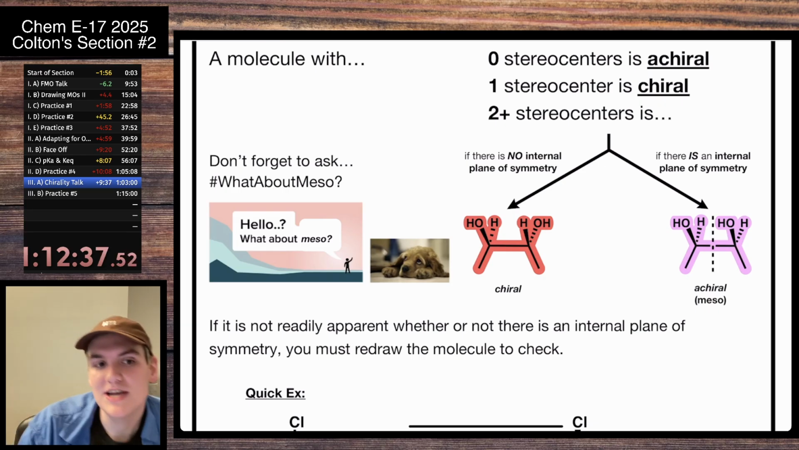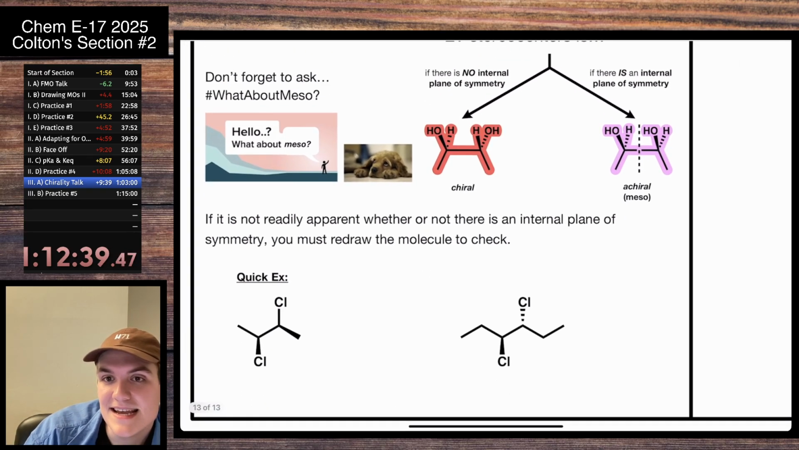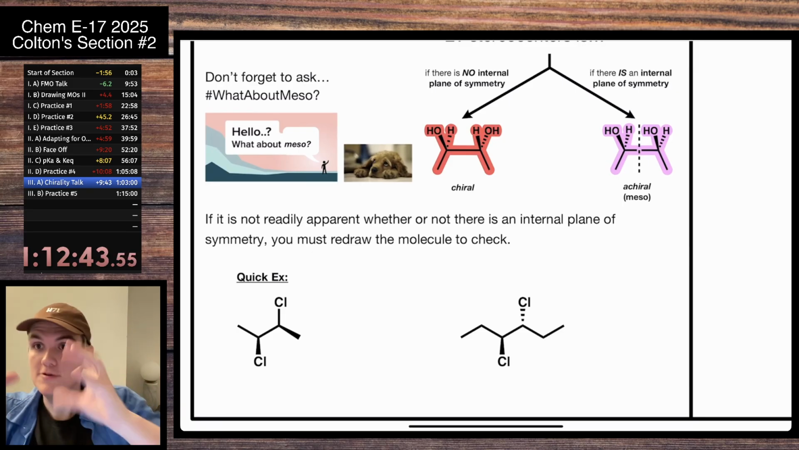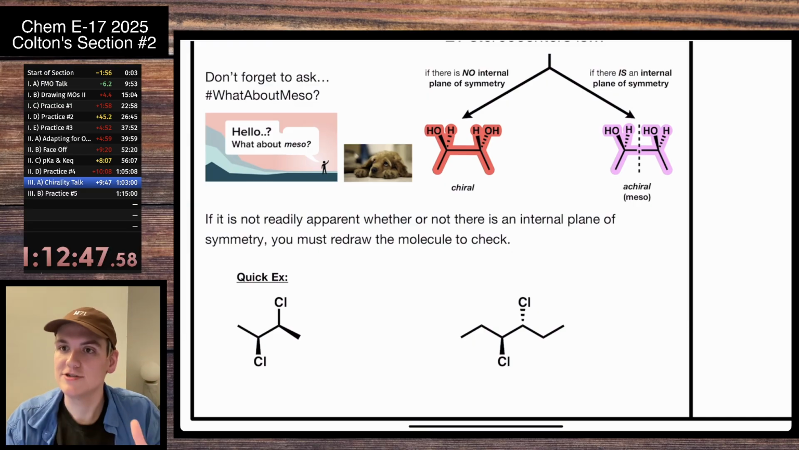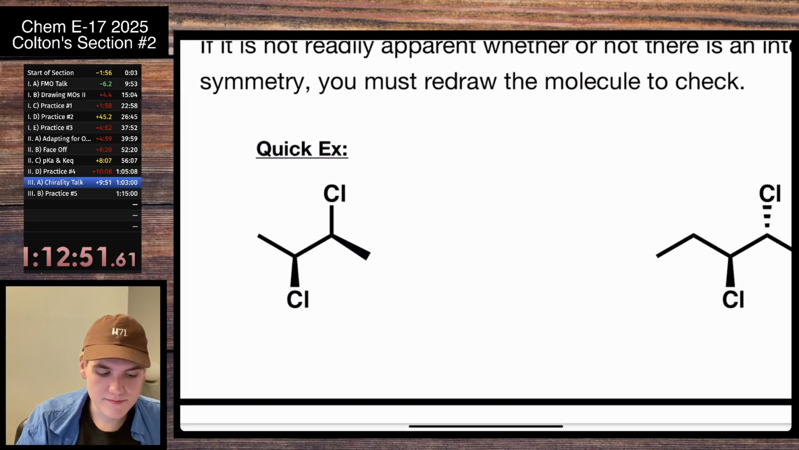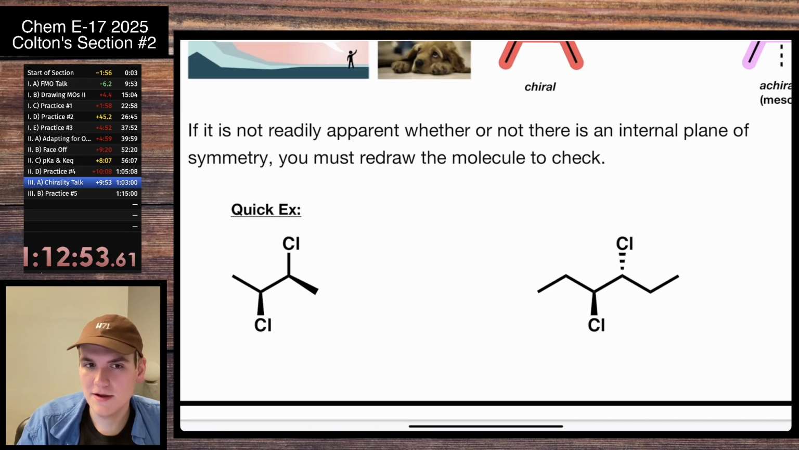The other thing about checking for meso compounds is it's so much easier to do it with an actual model and just rotating your model to see it. And I think Serenia gave a good example of that in lecture where she built it and she rotated it and saw it. So a quick example here, I'm not going to do both of these,